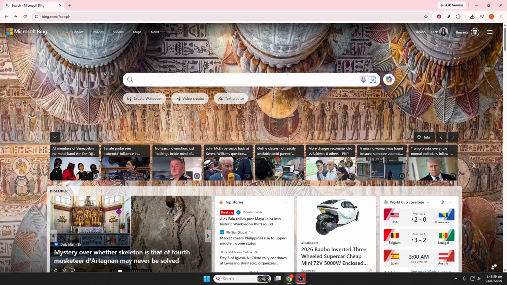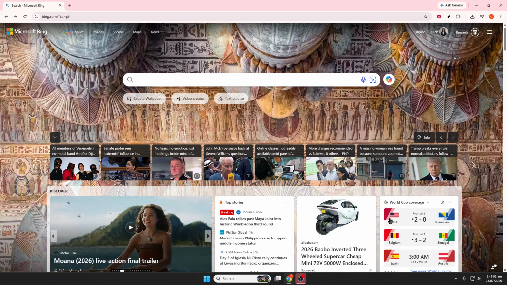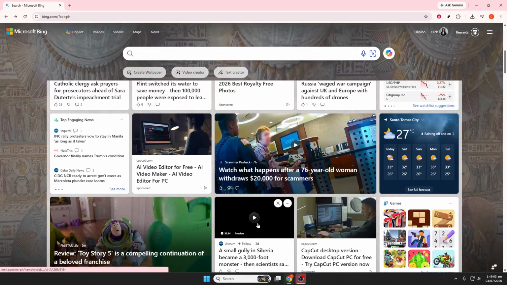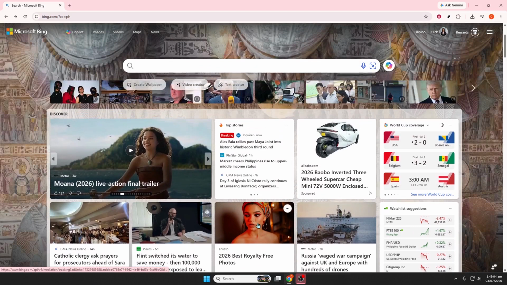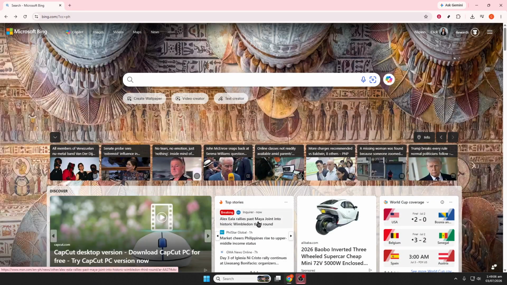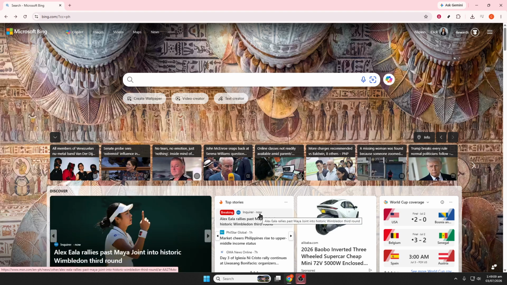Once your credentials have been verified, the login process will finish automatically. You should then be returned to Bing, now signed into your Microsoft account. A profile icon will appear in the upper right corner of the page, and that's the easiest way to confirm that your login was successful. And that's it. You've now logged into Bing. Once signed in, you can access a more personalized experience across